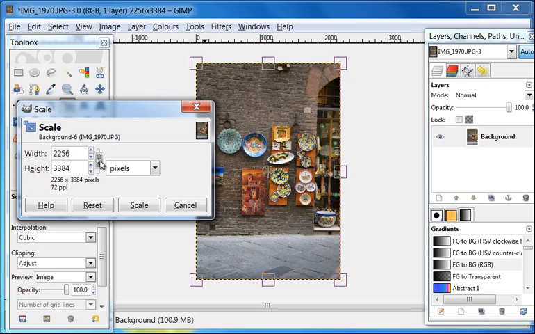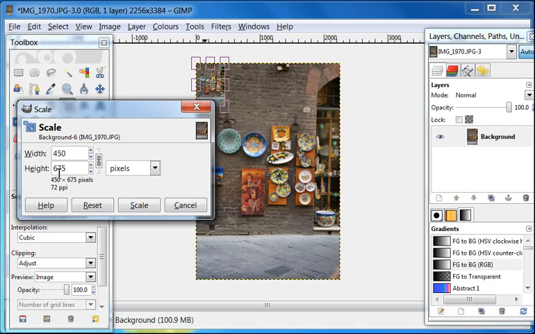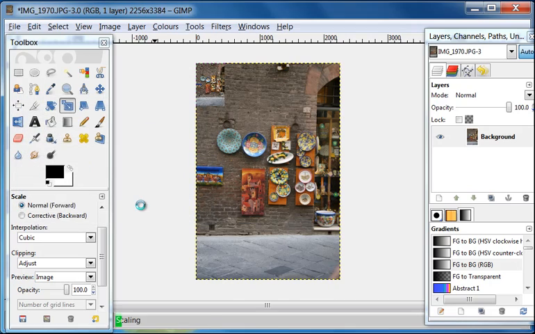We're going to link them up, which basically says maintain the aspect ratio here. So we're going to type in 450, and when we hit tab, you can see that automatically the height is set to 675 because it's maintaining the same aspect ratio that we selected. Okay, and simply click on scale, and it's going to do some processing,